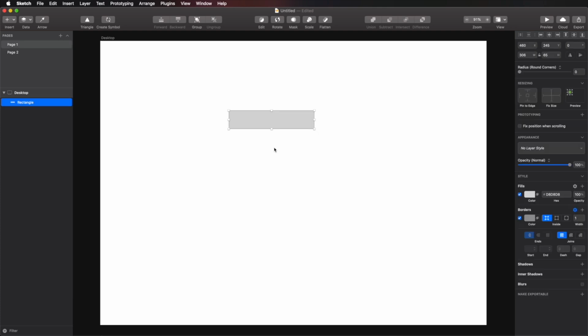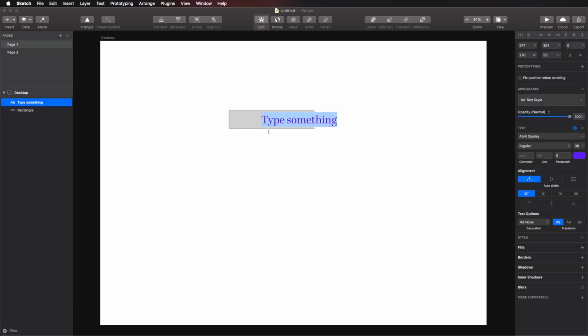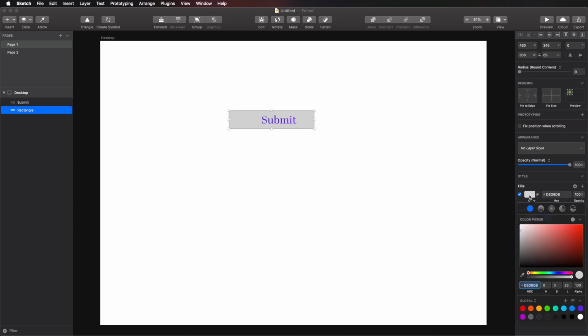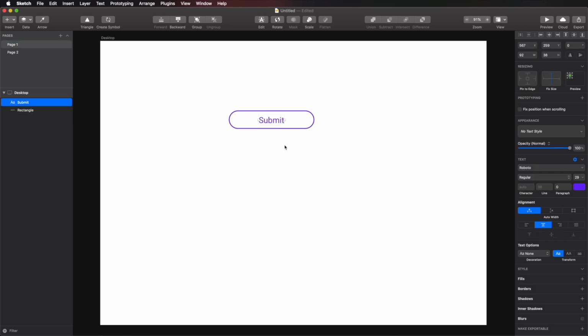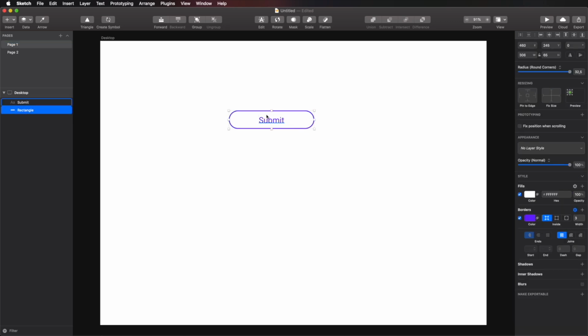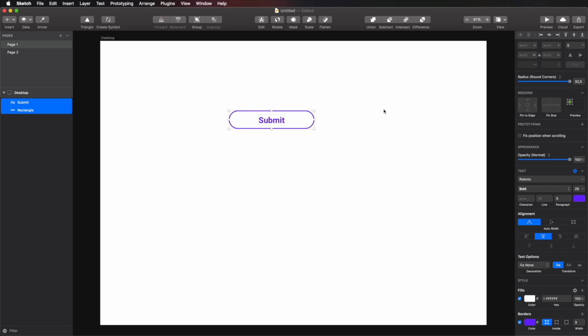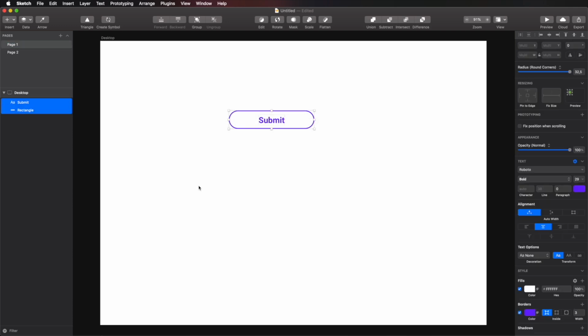So let's create a simple shape here, and we'll put some text inside that says submit. Okay, let's do just a quick styling here. All I did was set a fill color, a border color to this background and give it a large radius, and also set some font family, font weight, size, and color to this text. All right, now we're going to group this,